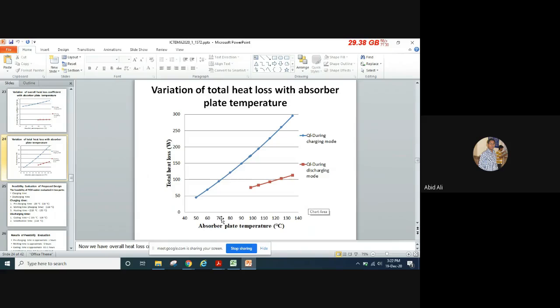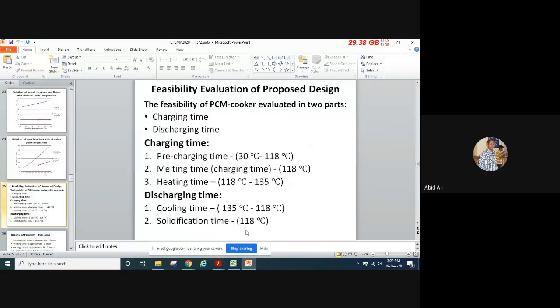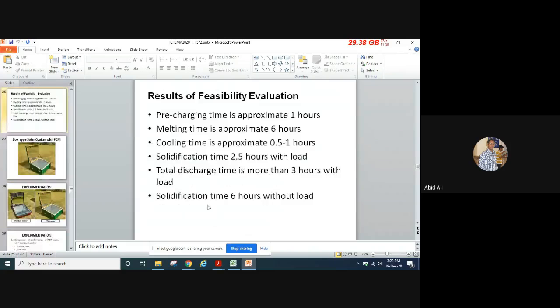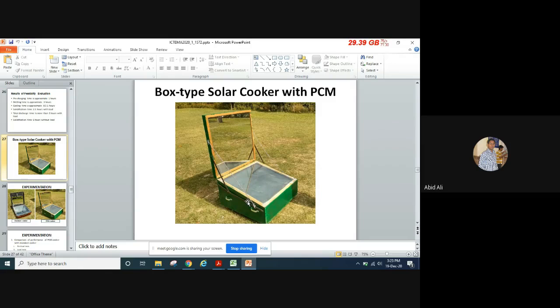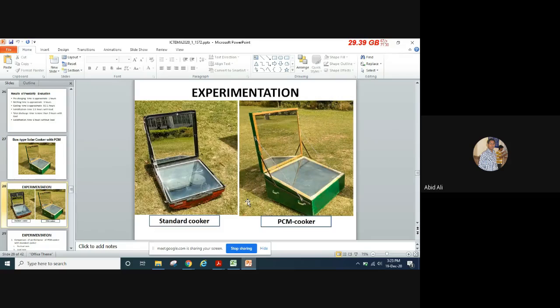This is energy loss after the calculation of overall heat loss or energy loss as a function of plate temperature. We analyze the feasibility of the cooker as a function of charging time and discharging time. The time analysis shows that recharging takes approximately 1 hour to reach 118 degrees, and 6 hours for melting. With heating of full load, it can solidify in 2.5 hours, and without load, it can solidify in 6 hours. This is the final design, and this is the comparison of